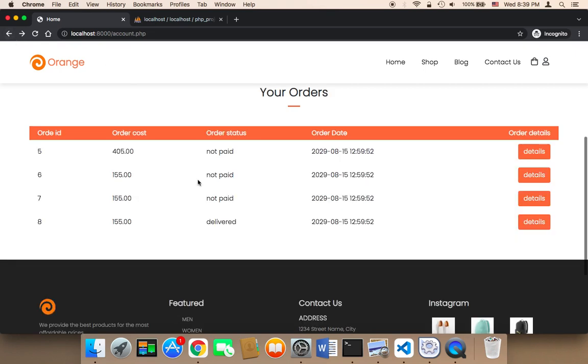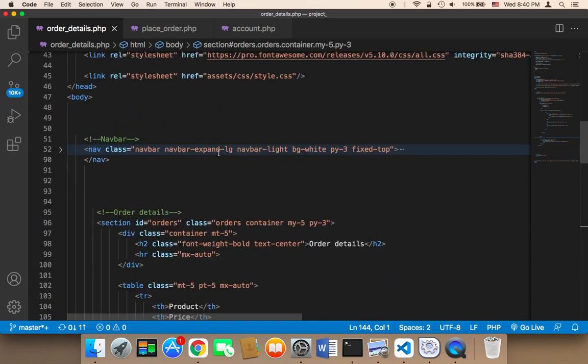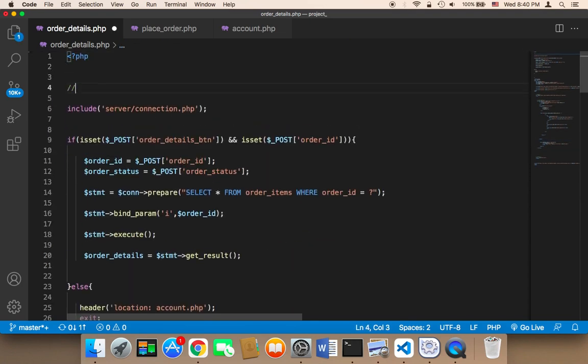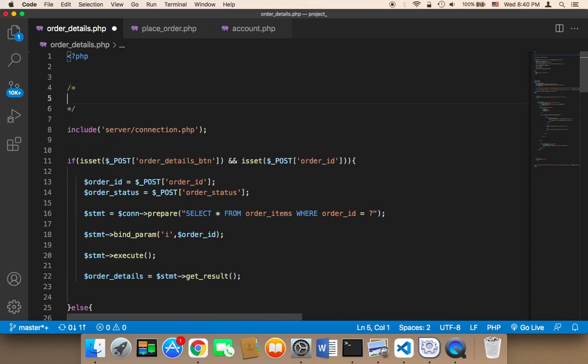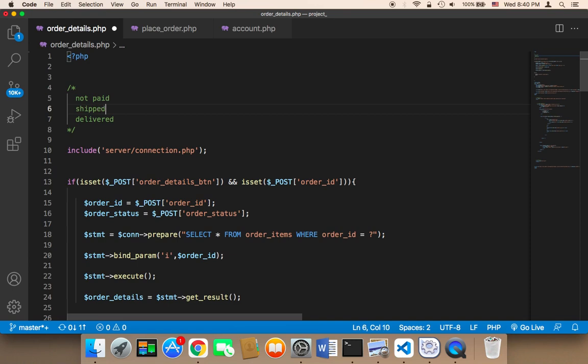So now what you need to do is know the keywords that you are going to be using. The keywords that I'm going to be using are not paid, delivered, or being shipped, or shipped. So let me create a comment here at the top to let you know the keywords that I'm going to be using. The keywords are not paid, if the order is not paid yet, delivered, if the order was delivered, and shipped if the order was shipped but has not been delivered yet. So I'm going to be using these three